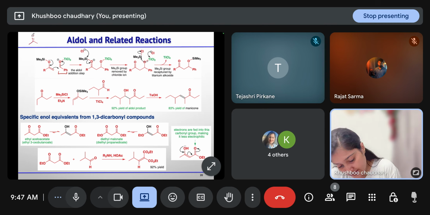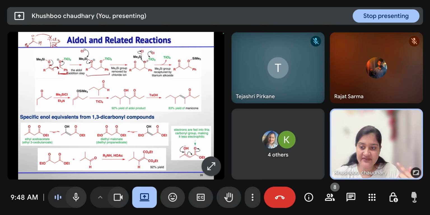Mechanism, let us see. Firstly, your benzaldehyde will coordinate with TiCl4. So here, this is your benzaldehyde and we have TiCl4. Oxygen will attack on titanium and one of the Cl negative will leave. So this more reactive electrophilic species will form. And then the oxygen lone pair will fall back to attack on this electrophilic carbon, and you will get this species.